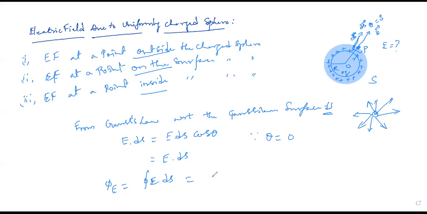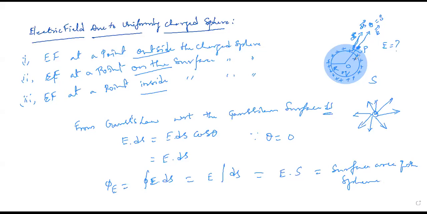From here, I'm going to write E integral dS, closed integral, which simplifies. So what will you get now? This should be equal to E into S, correct? The integral of dS should be S, where S is the surface area of the sphere. Which surface area of the sphere? This one, with respect to the Gaussian surface.